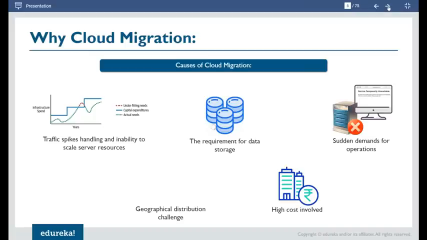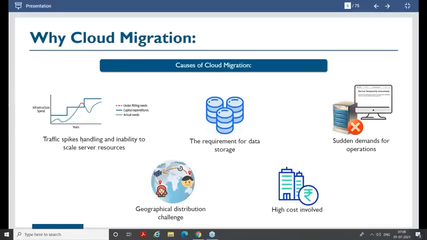So all these challenges made industry think, should we continue having our infrastructure in on-premise or should we move to cloud, right? Why cloud migration? In your on-premises, traffic spikes and handling of those traffic spikes was not that smooth. If you wanted to have your infrastructure across the globe, then it would become a bigger challenge. That is nothing but your geographical distribution is a bigger challenge. Requirement of your data storage, high cost involved, sudden demands for operation.